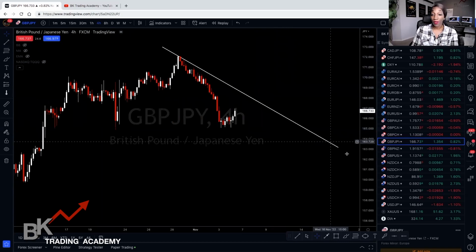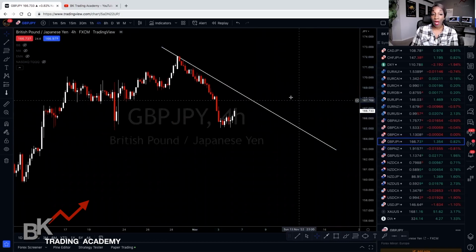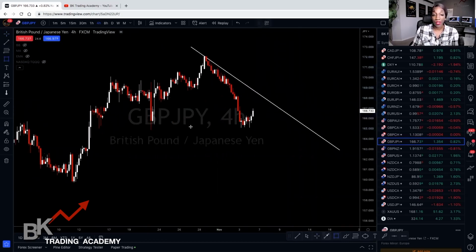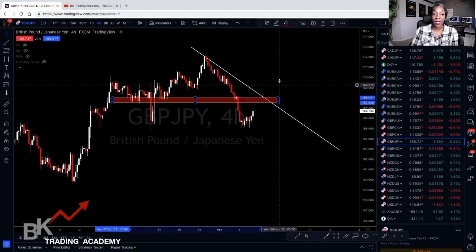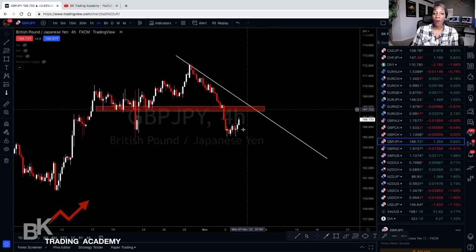So if you are an intraday trader, for example, or a scalper, here's your area of opportunity. You can see that this is a reversal zone. Look how many times the market came to that area and reversed. And if you have a downtrend on the 4-hour, you're going to be looking for a correction or a pullback